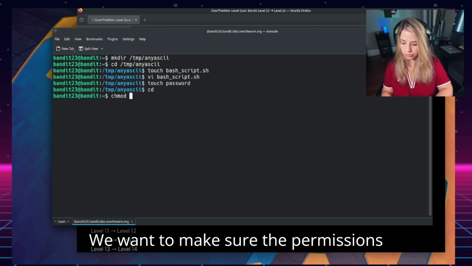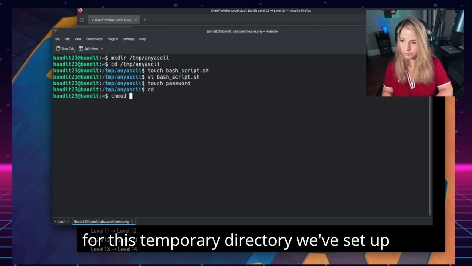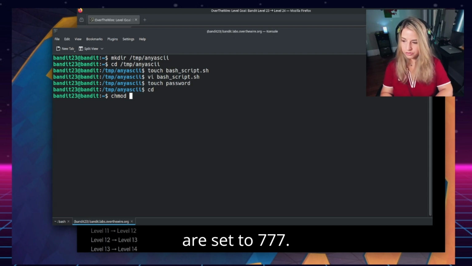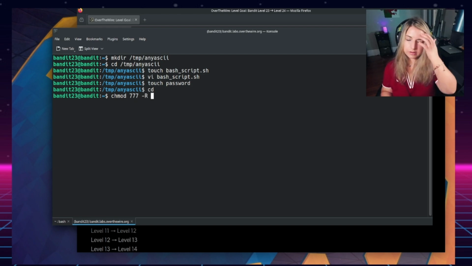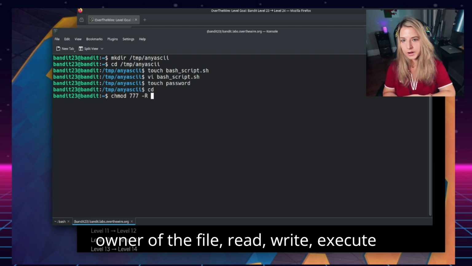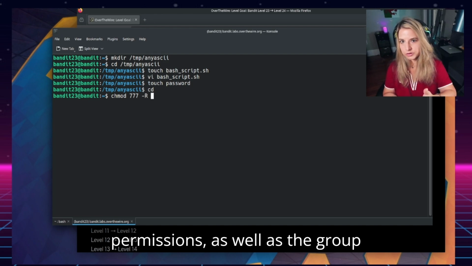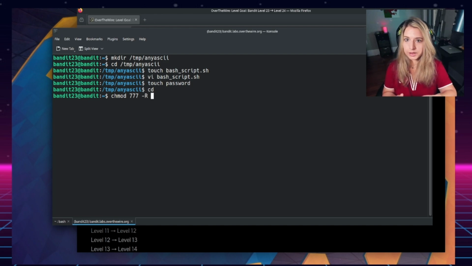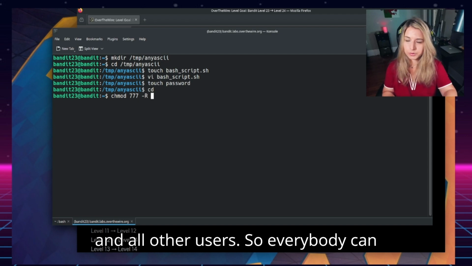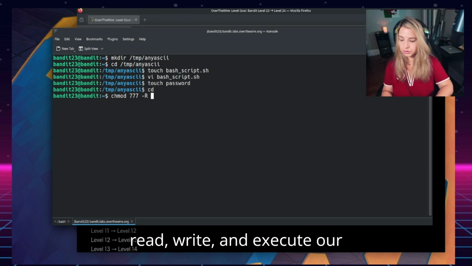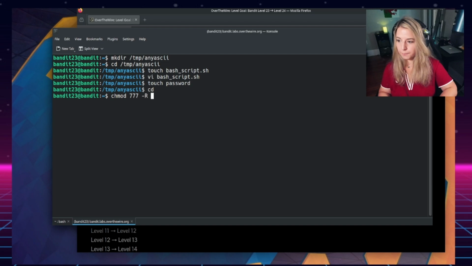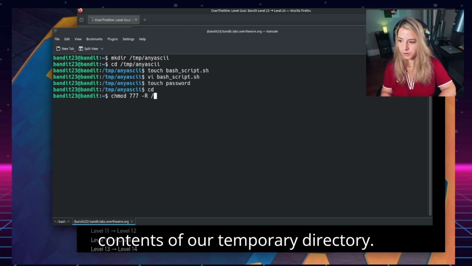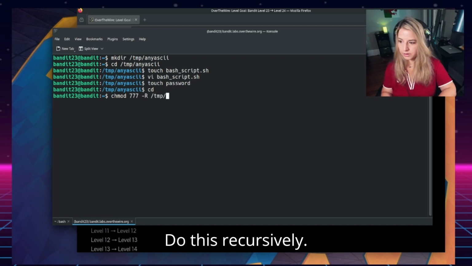We want to make sure the permissions for this temporary directory we've set up are set to 777. That will give the owner of the file read, write, execute permissions, as well as the group and all other users. So everybody can read, write, and execute the contents of our temporary directory. We'll do this recursively.